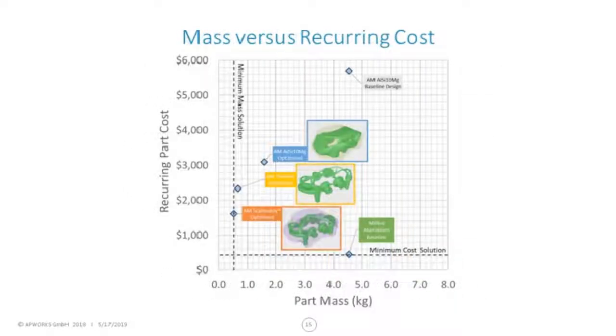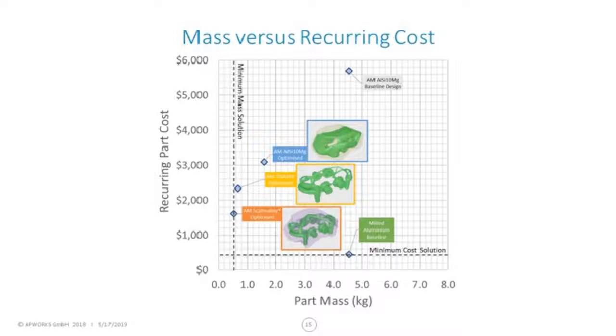And another way to look at this is a Pareto graph, which some of you might be familiar with, would be to plot those solutions against recurring part cost versus part mass, and to look at how those data points stack up. And the interesting thing in this case is, generally speaking, if you sought to further optimize the milled aluminium baseline, you would get a series of points going diagonally up and to the left of where that point is for the milled aluminium baseline. Because generally, as you're saving mass, you're adding additional processing time, additional processing costs, machining setups,